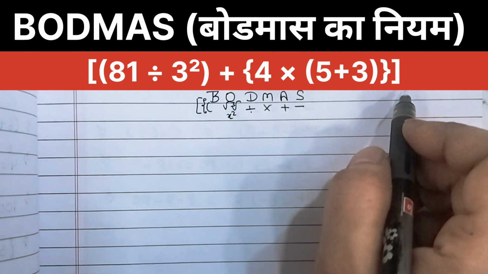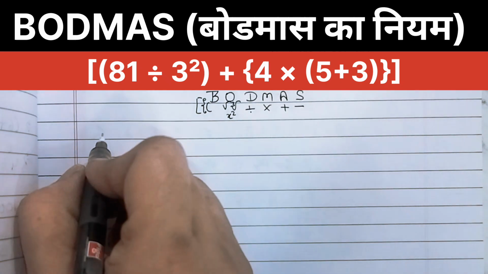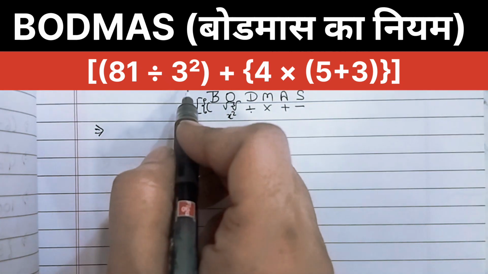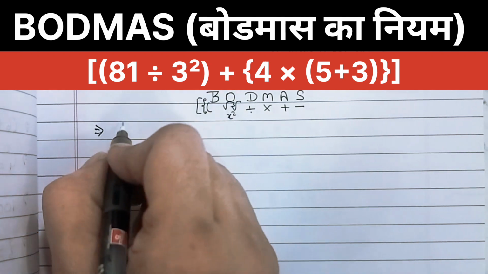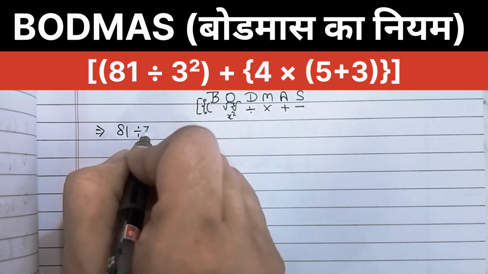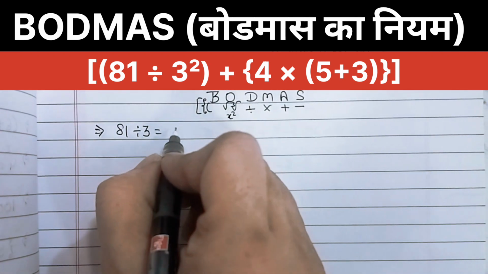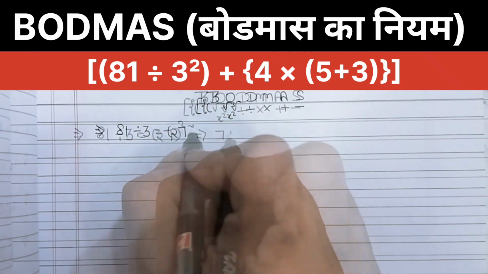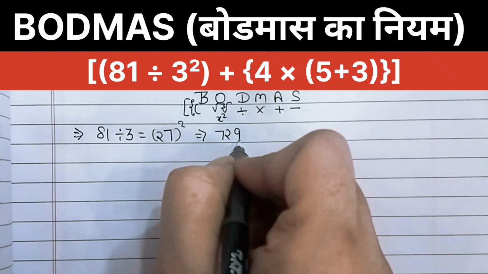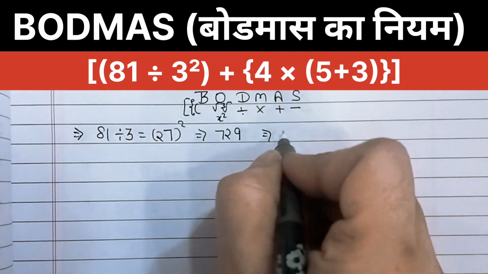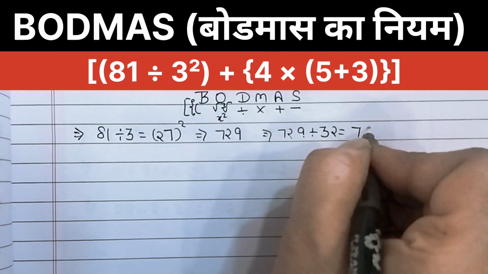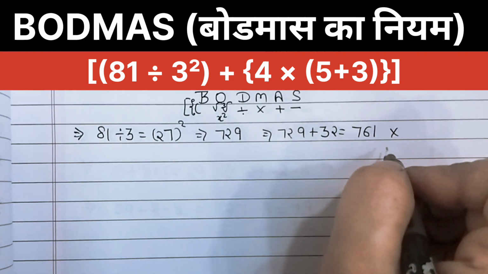But first, the common wrong answers, which students make by ignoring the exponents or the specific grouping. Some might calculate 18 divided by 3 is equal to 27. So this is the first and second step they do. It will be 729, and this leads to a result: 729 plus 32 is equal to 761, and this is the incorrect answer.